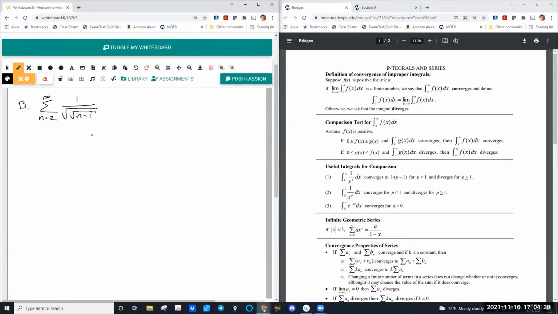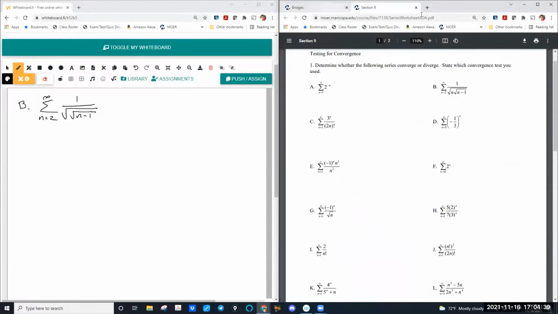you might already have an idea of convergence or divergence, but we need to figure out what this looks like so we can decide what test we want to use from this sheet. Well, if that minus 1, make sure. Oh, there's another n in there. That's what's missing. Let me fix that real quick. There should be an extra n under this.